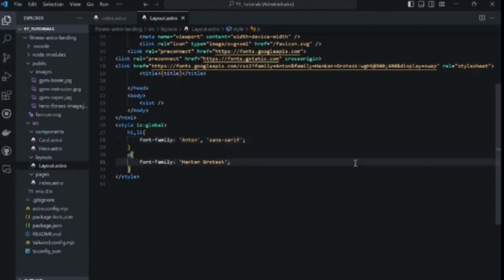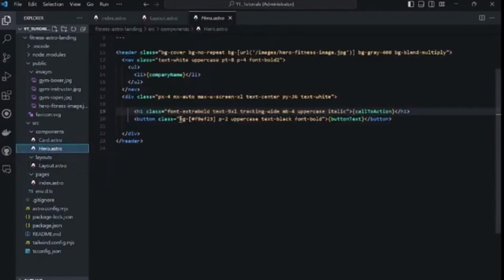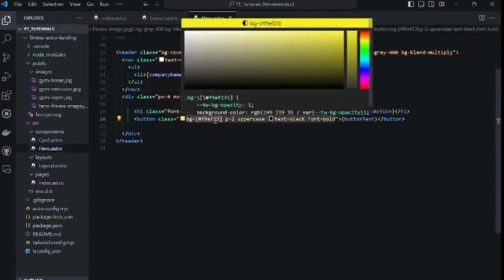I was thinking even the yellow color that we have everywhere we could put here. That way we could just write yellow and it will know which yellow we are talking about. Let's do the same, sans-serif. Actually, you know, let's do that now. If we go to, let's go to the hero, because that's the only one we've done so far. This color scheme here,